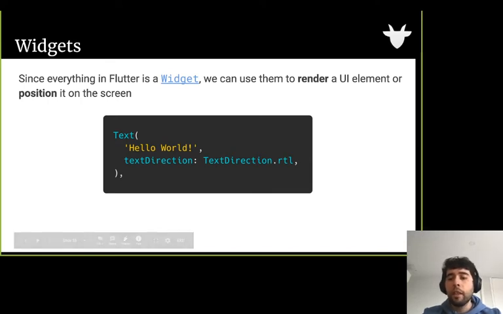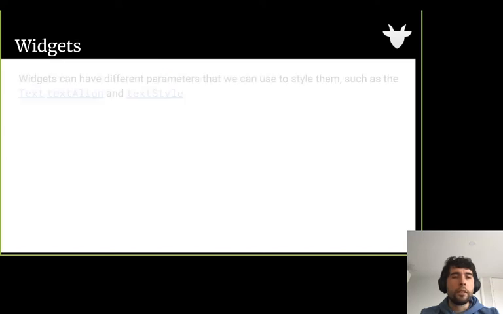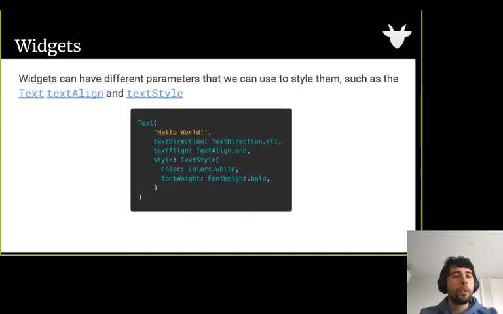And then we can have, as you can see here, named arguments, because they have the variable name and the two dots. In this case, I'm saying that I want the text direction from right to left, like we have in the Arabic language. So the text is just reiterating what I said. Again, we can add more properties with named arguments to this text widget.